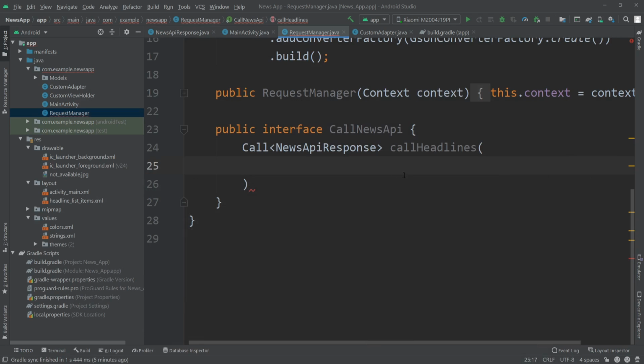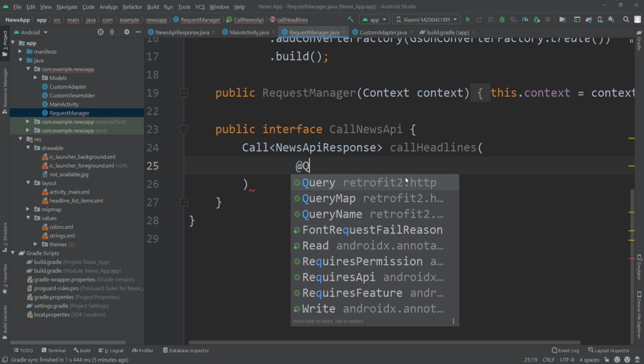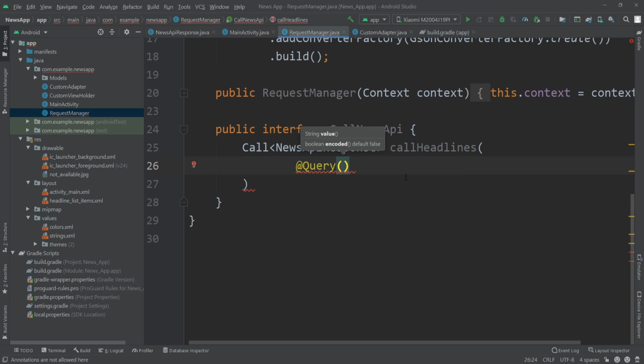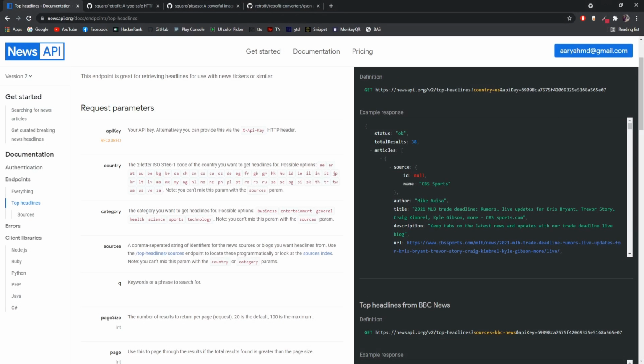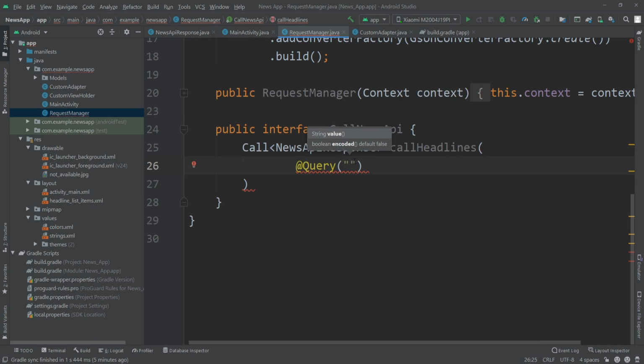Let's go back here, and I'll create a new query with the annotation @Query, and for the query we have to pass the exact value that is written here. For the country we have to pass this country. So I'll copy this value from here, go back to Android Studio, and paste it inside the quotation. So for the country we'll pass a String country,